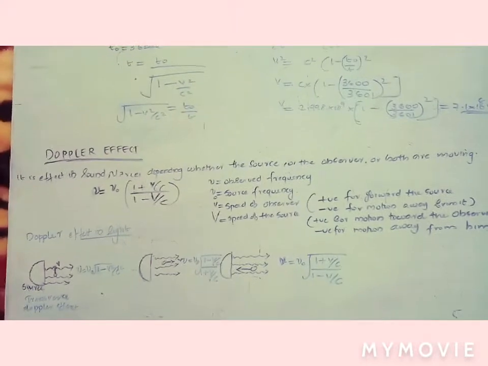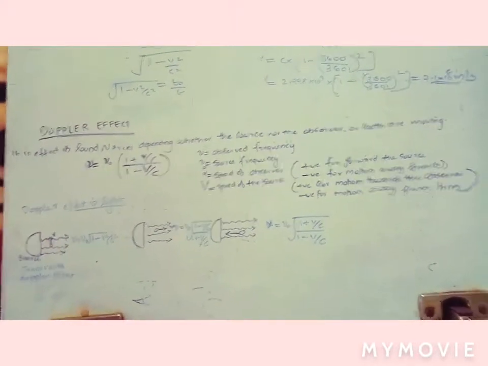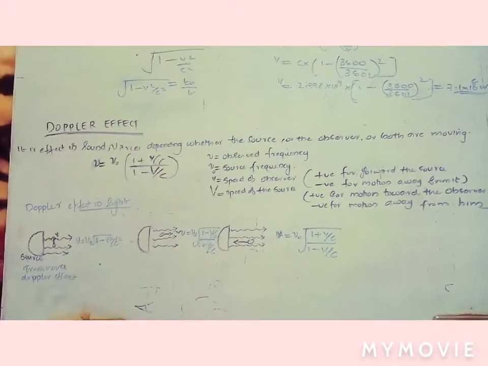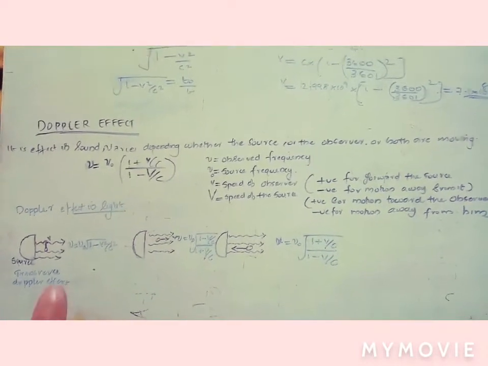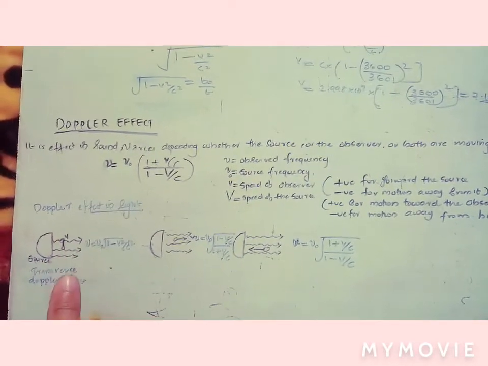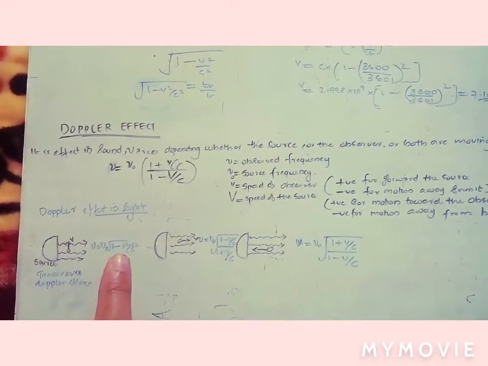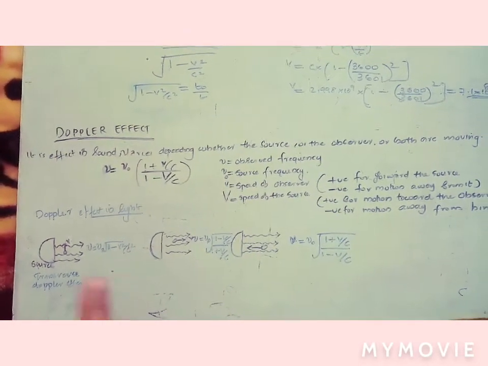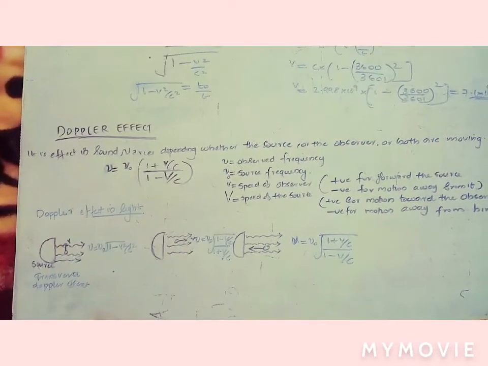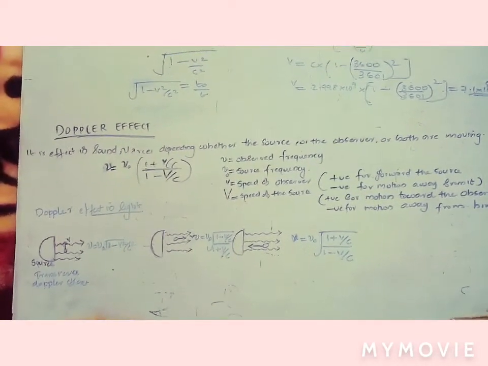We know that there is also a Doppler effect in light, which is different from sound because light has no medium. We are discussing three situations. First, an observer moving perpendicular to the source. Here it is the source and the observer moves perpendicular to the source, where the Doppler effect gives nu equal to nu 0 times the square root of 1 minus v squared by c squared. That is, if you move perpendicular to the light source, the frequency will be decreased.